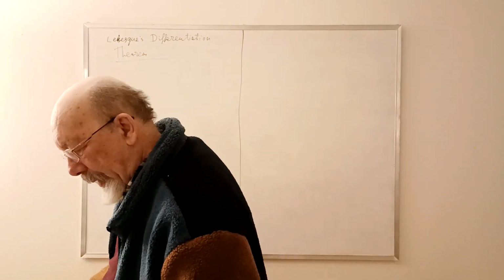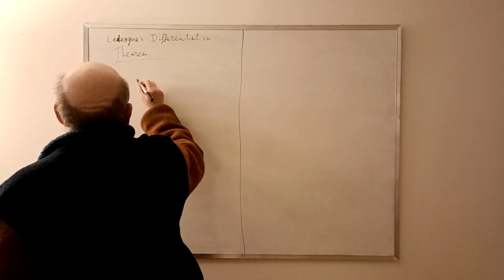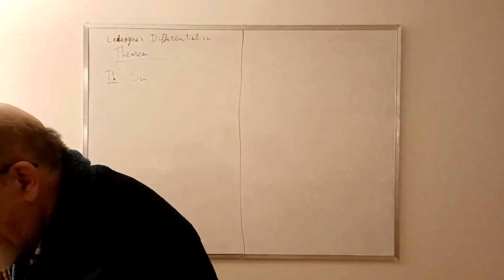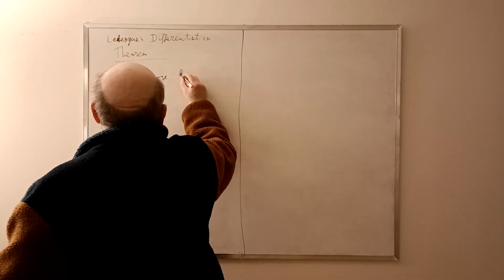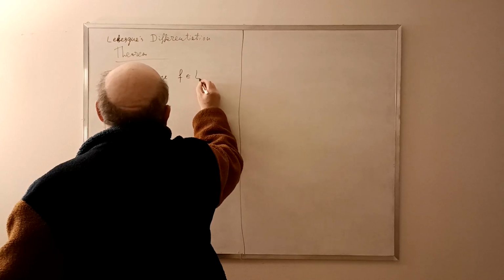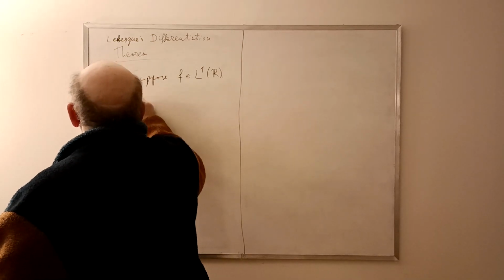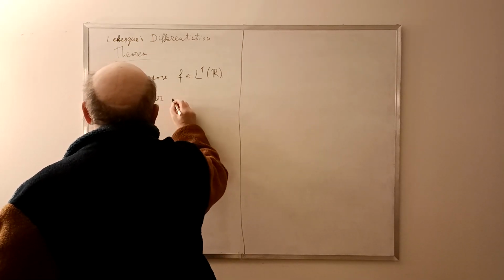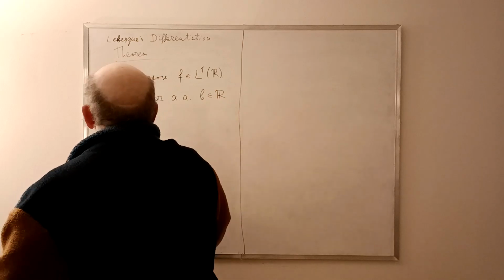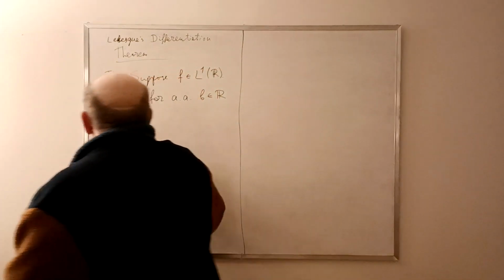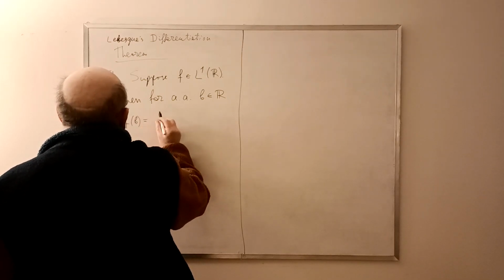I start from the following theorem. Suppose f in L1 of R. Then for almost all points, say b in R, the following holds: f of b equals,